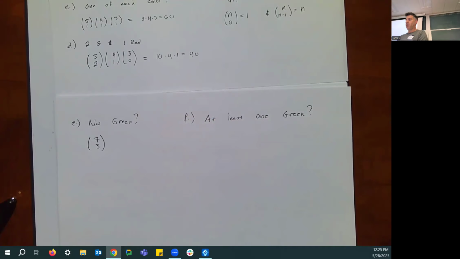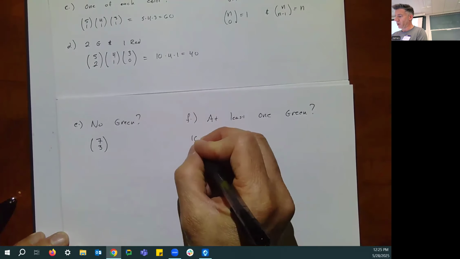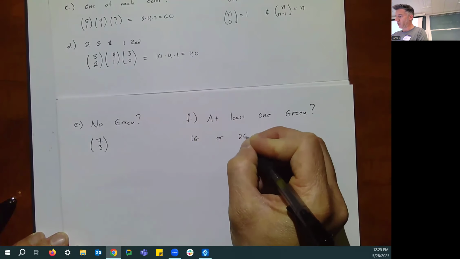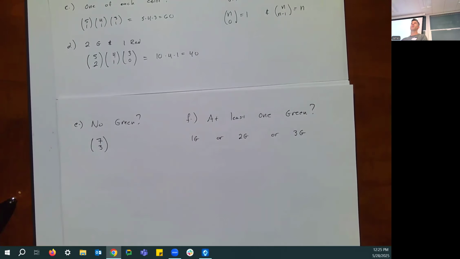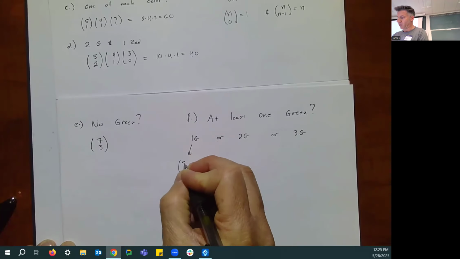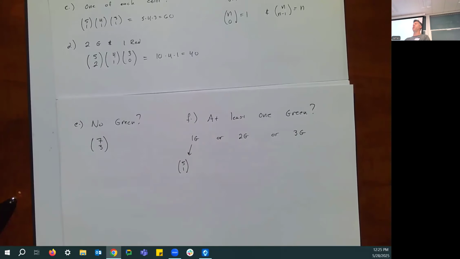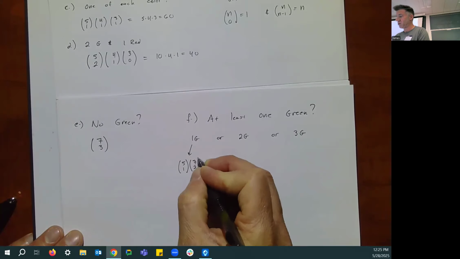Wow. There's 2 ways to do this. We'll do it the hard way first. So at least 1 green would mean 1 green or 2 green or 3 green. So if I want 1 green, well, that's going to be 5 choose 1, but then there's still 2 more marbles left to choose from the 7 other marbles that aren't green. So there's going to be times 7 choose 2